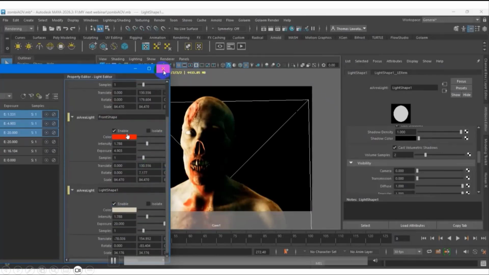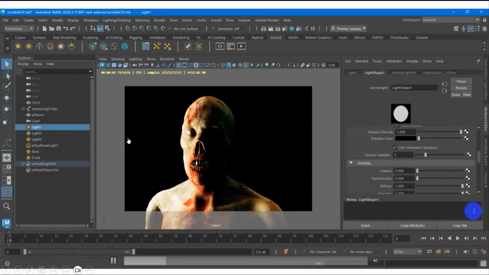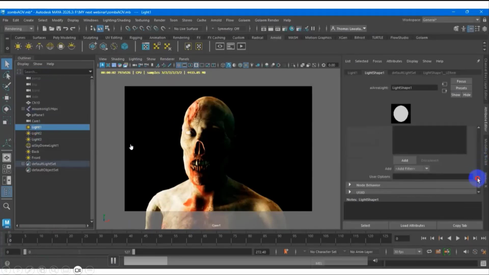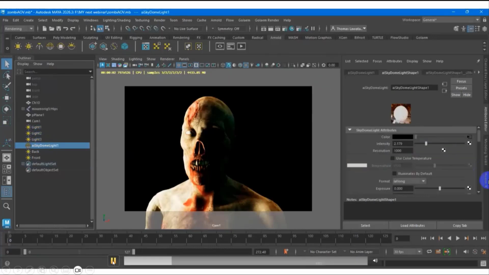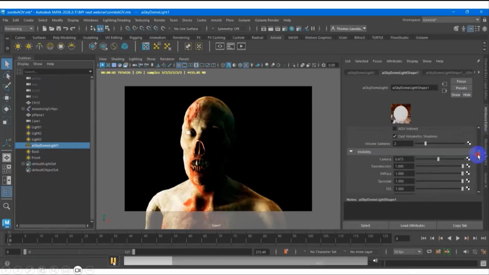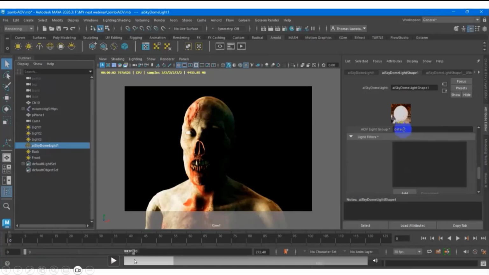Even inside there is a detail one. In Arnold they call it the light mixer. So how to use the light mixer?